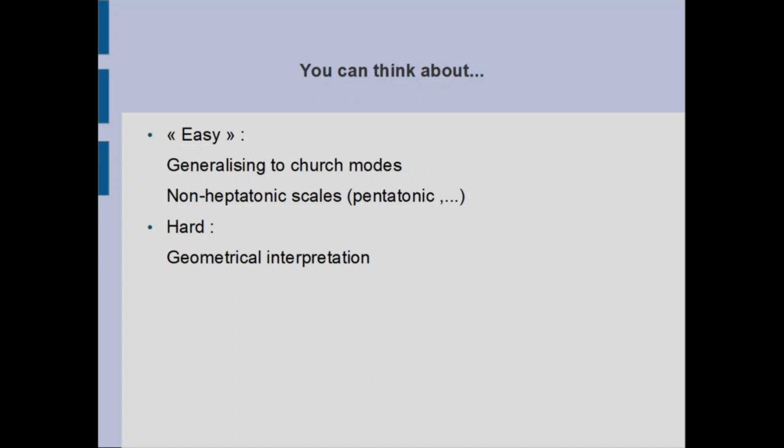What do I mean by geometrical interpretation? If you want to transpose a note, you are on a line. You work with only one number, and you are in modulo 12, so it's a circle. If you want to transpose an interval, you're not on a circle. You are in a two-dimensional space because you have the first number of